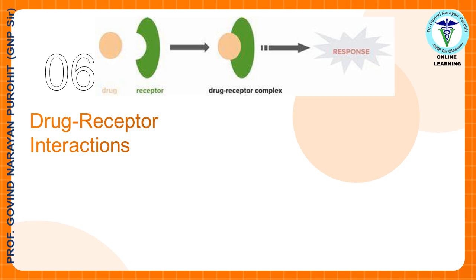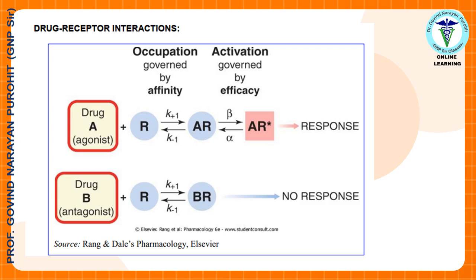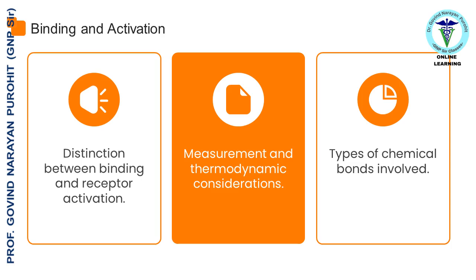Now let's discuss drug-receptor interactions. The drug-receptor interactions are clear from the figure, which shows that with agonists there is an activation response, whereas with antagonists there is a blockage response, with finally no response. Binding and activation represent two distinct steps in the generation of the receptor-mediated response by an agonist. If a drug binds to the receptor without causing activation and thereby prevents the agonist from binding, it is termed